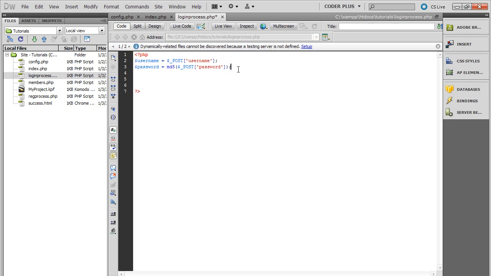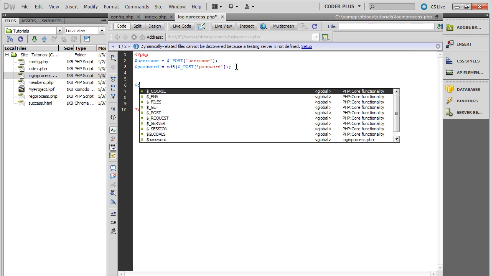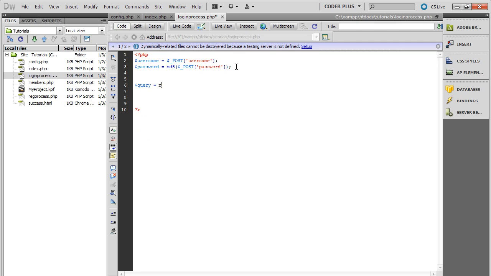So the next thing we're going to do is actually run the query. So what we do is we'll define a variable, and that's going to equal a MySQL query. And that's dark blue, so that's a core PHP function. And double quotes, select, and asterisk, which means all. So select all columns from, and my table is users,